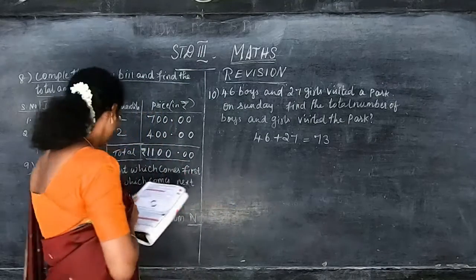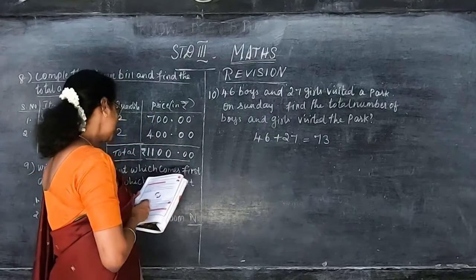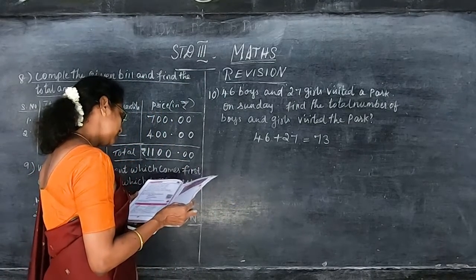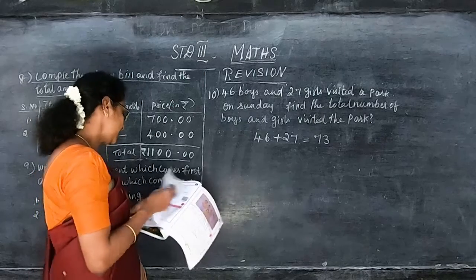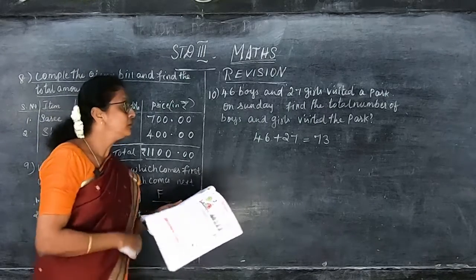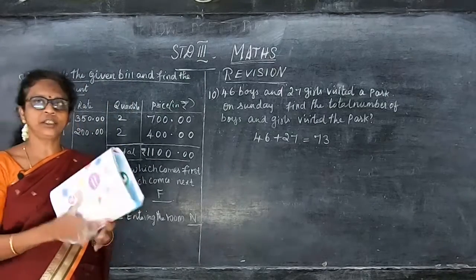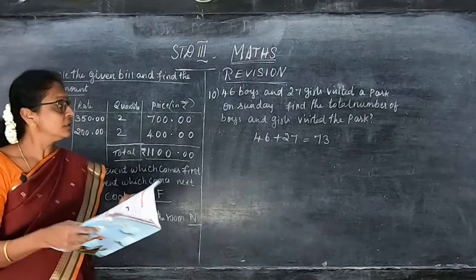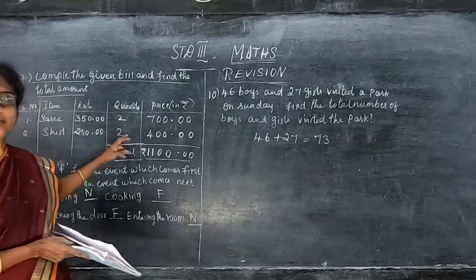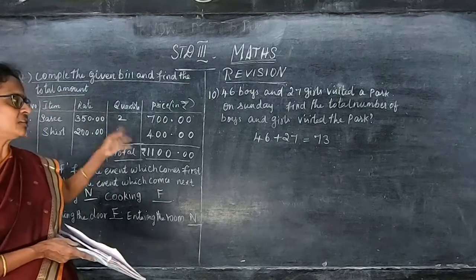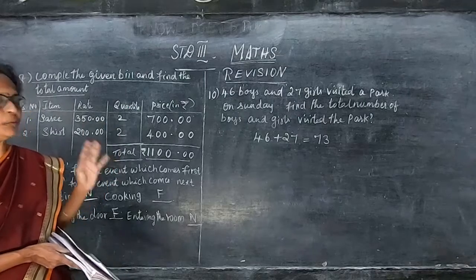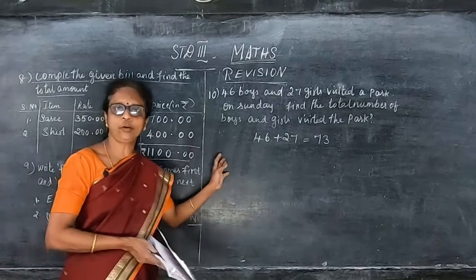Okay, children, have you all copied all this? So in this, 15 sums I have to give, so 10 sums I have given. So remaining sums will continue in the next class. So go through this, copy down everything with the answers I have given. Write down in your book, children, so that you are able to follow the sums.